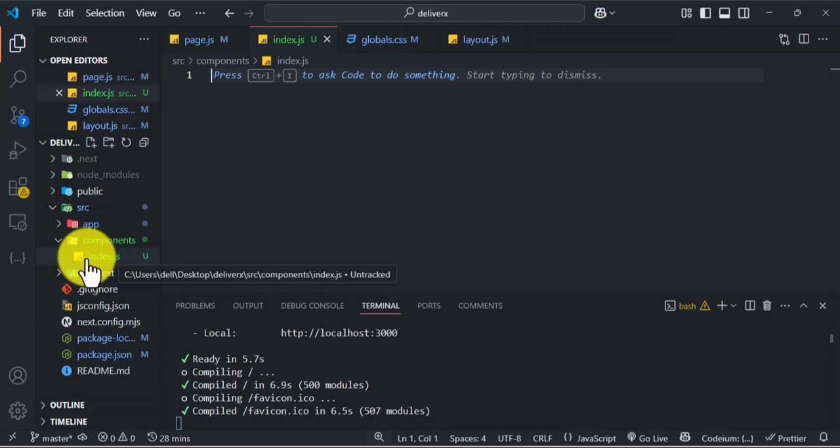But if you don't have an index file, then you should specify which file you want it to look for. Alright, it's better we see it than to just